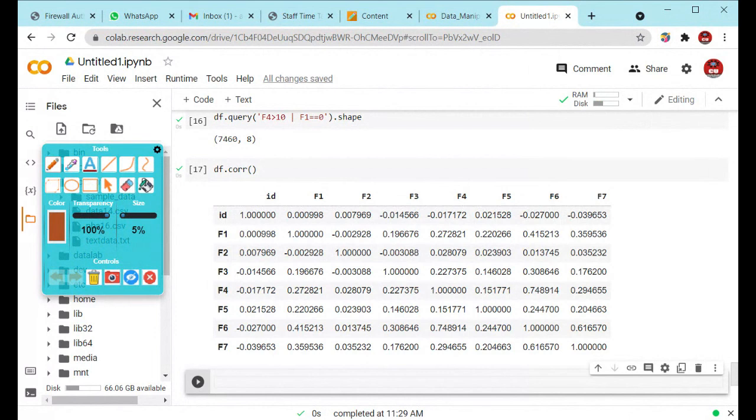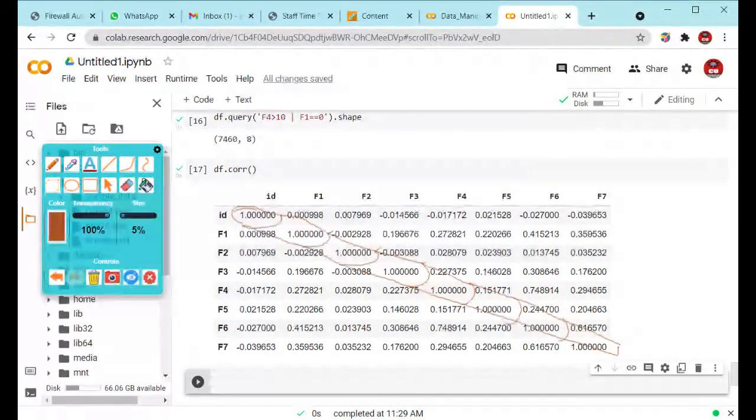You can observe what the maximum correlation is. This diagonal is showing the maximum correlation value. This is 1, this is also 1, this is also 1. So there is 100% correlation between these values.